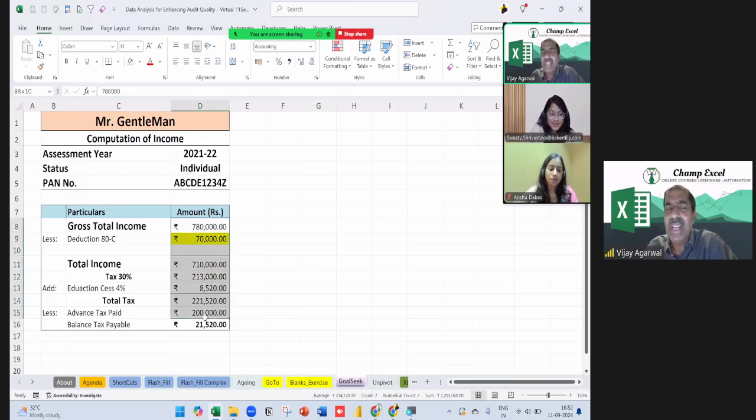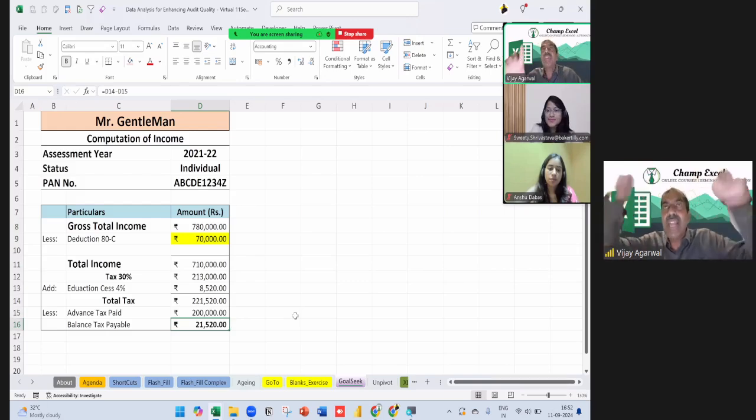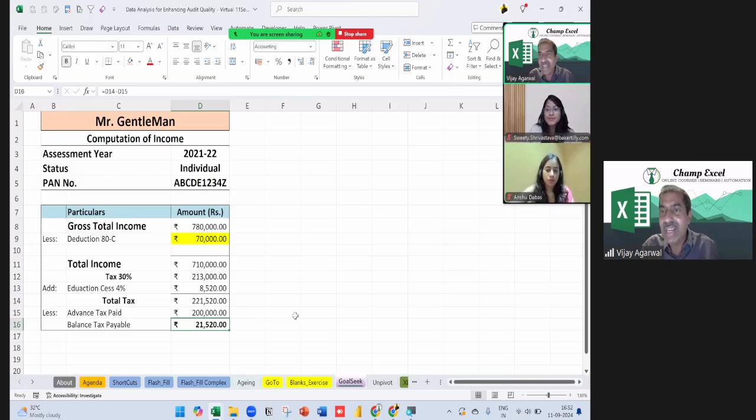I'm taking a very simple example. Maybe you can do it with a calculator also, but sometimes my template is very complex. There is HRA also involved. There is female, male also involved. There is an old person or a young person. So there may be 100 types of different variables. After taking all the variables, I'm computing the tax. If I make any adjustment or change, obviously my tax is going to change.